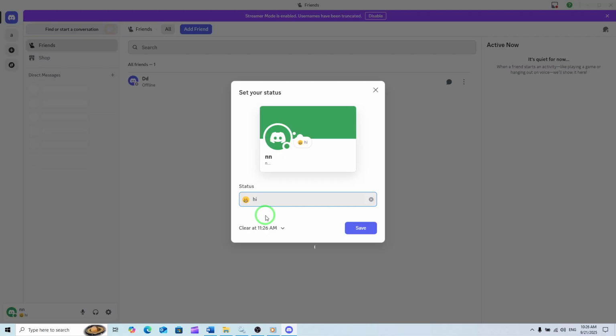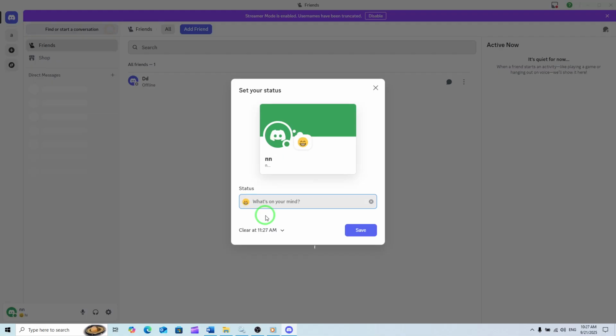Now you can make your edits. This is where you can type out a custom status to let your friends, teammates, or community know what you're up to. You might use it to show you're available, busy, or even just share something fun. You'll also see options for emojis and clear time settings, depending on how long you want the status to stay